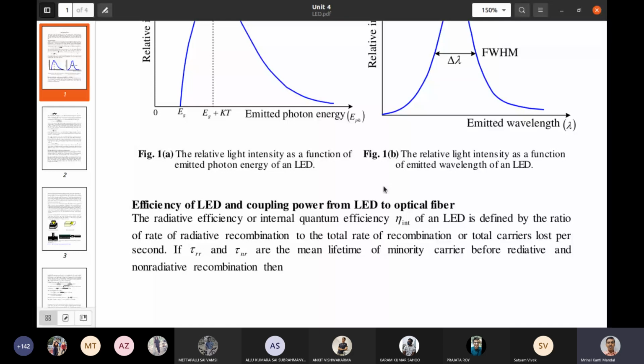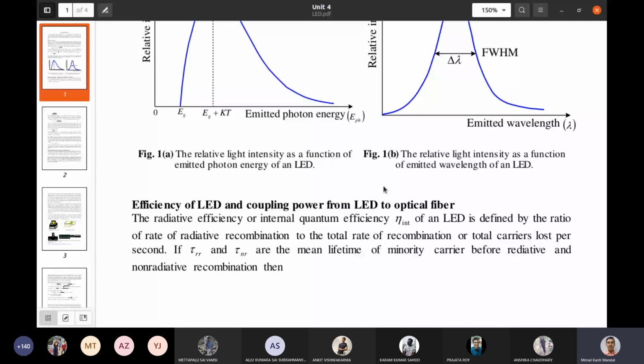But if there is no absorption of the radiated photon, so that it escapes from the diode, then we consider two types of recombination, radiative and non-radiative. Now, if the lifetime of radiative recombination is tau_r and the lifetime of non-radiative recombination is tau_nr,